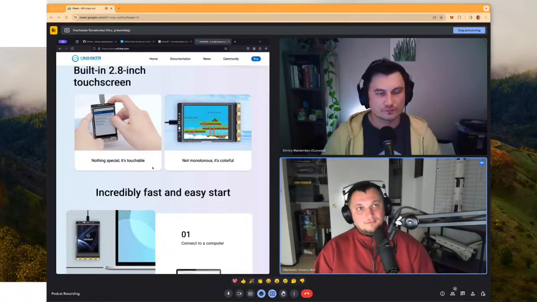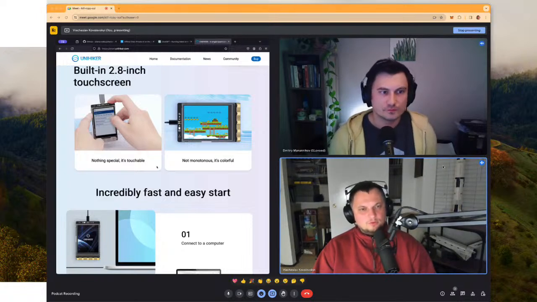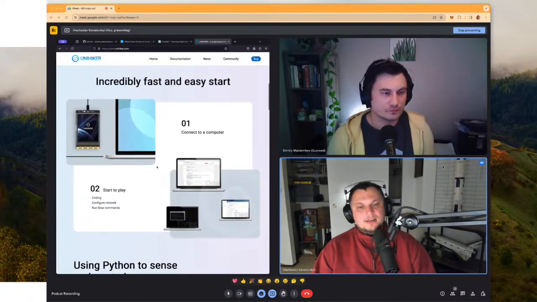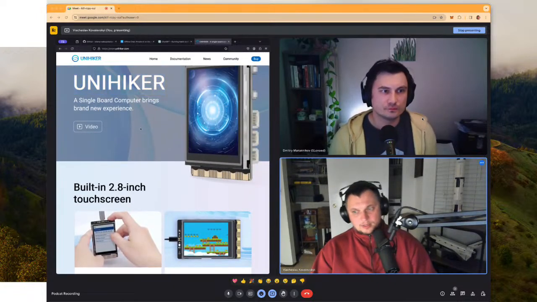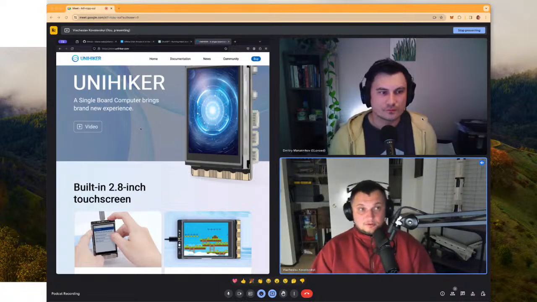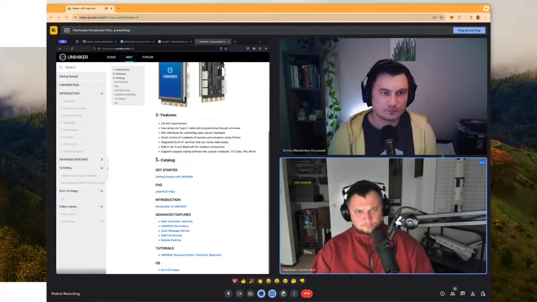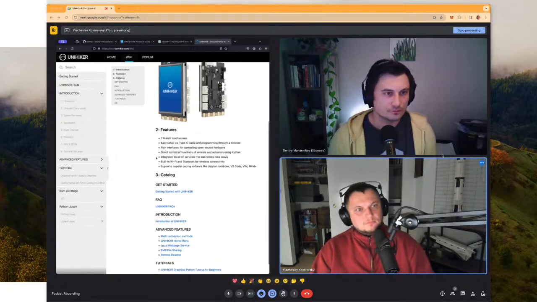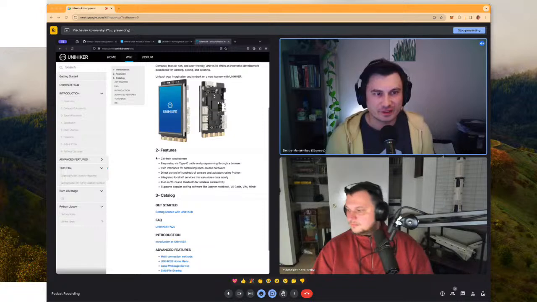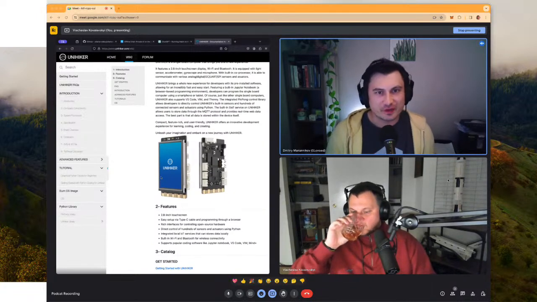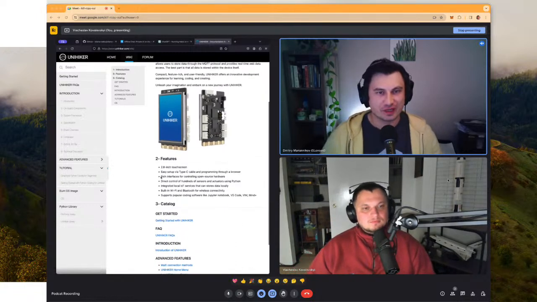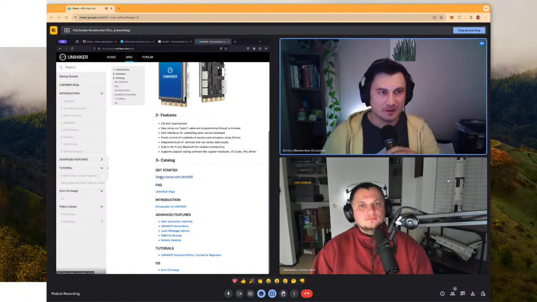It is a 1.5 or 2 gigahertz ARM. I think it has 2 cores at least, probably more. It has, I think, 0.5 gigabyte of RAM and an SD card slot, so you can pretty much put any size SD that you want. And for me, the fact that it has a touch screen was really, I think, a killer feature, because the amount of applications you can do now is much better than with Raspberry Pi.